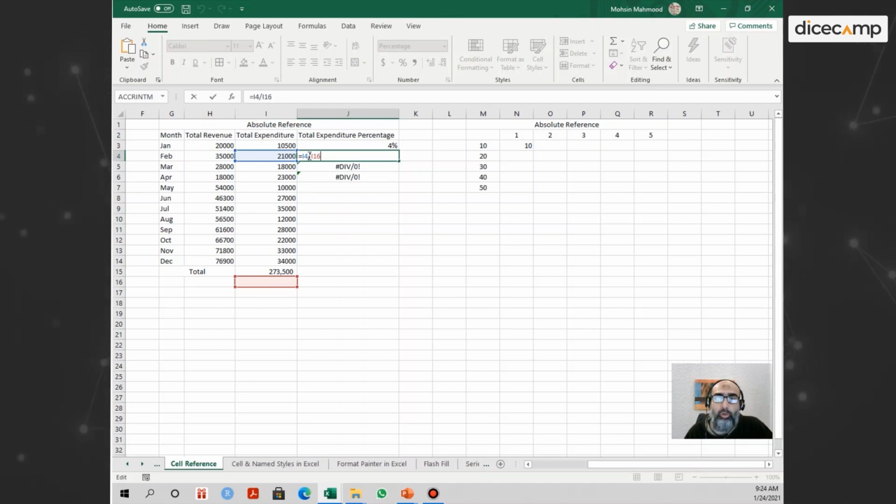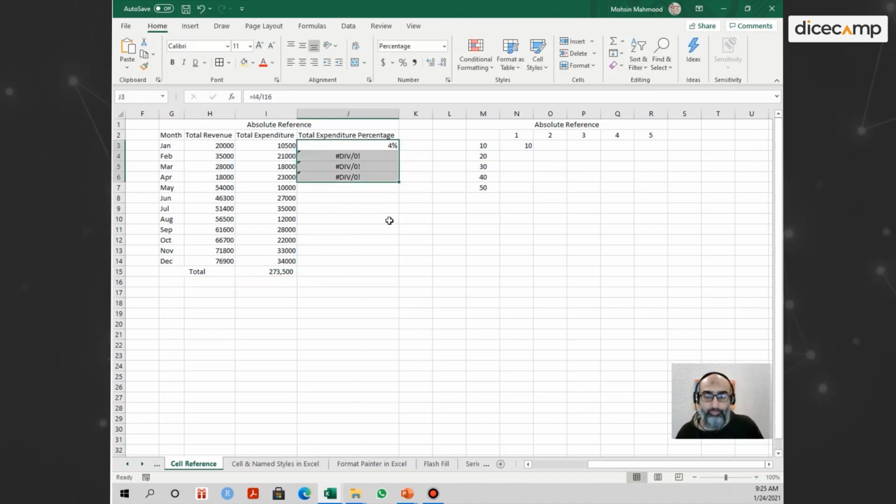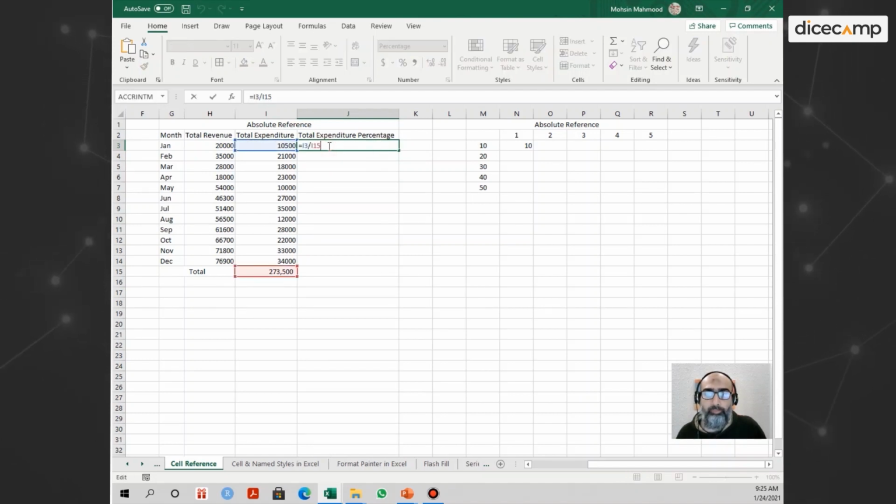So we need to ensure that the monthly expenditure referencing, which is in blue or I4, is not locked in, but the referencing of the total value at the bottom is locked in. So when I move the formula, it does not move with the formula. How can we do that? We can do that by simply going into the cell where the formula is, and then pressing F4 right next to the cell that we want to lock. Once you do that,